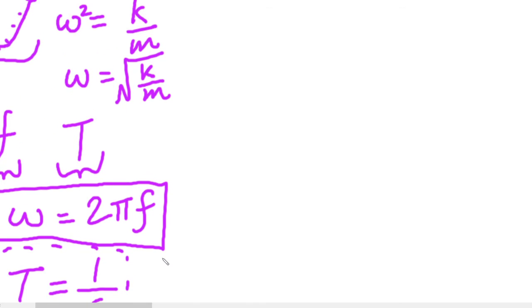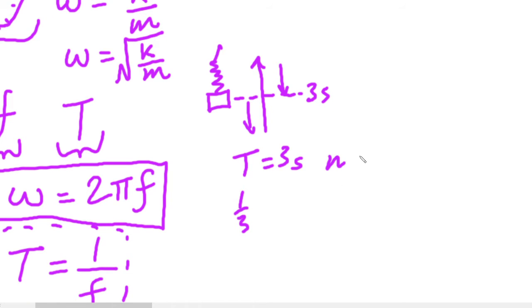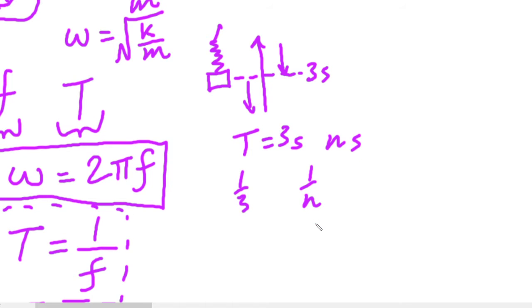The period is measured in seconds because, for instance, if I let a mass go when it was attached to a spring and it went down and up and down again back to the center over 3 seconds, then I'd say its period was 3 seconds. If it's taken 3 seconds to move through one complete oscillation, then it's gone through 1/3 of an oscillation per second. Likewise, if it took n seconds to complete one full oscillation, it would have gone through 1/n oscillations per second. And frequency is the number of oscillations per unit time that a body, or anything, is going through, in fact, in terms of waves,